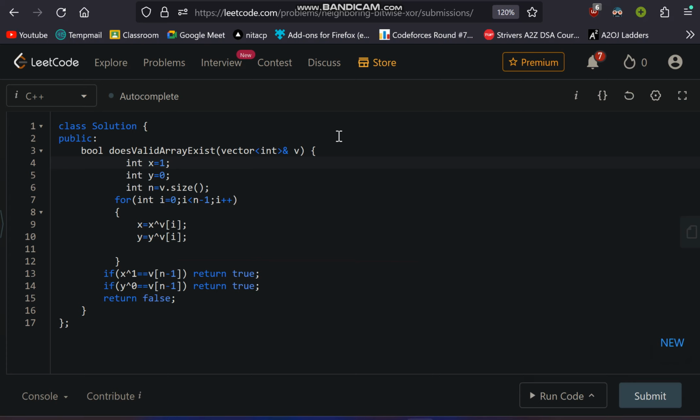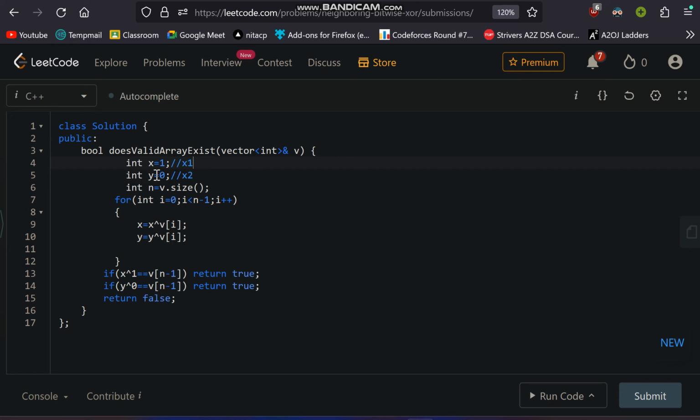Okay, so this is the code. What I am doing is taking both cases: first x equal to 1 and then y equal to 0. Don't confuse this y; this is like x1 and this is like x2. I'm not making a vector, I am storing the values in the same variable.